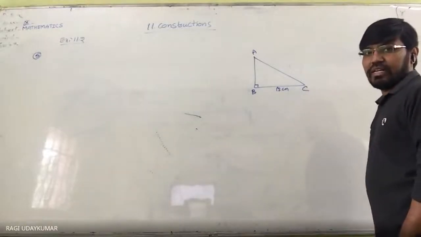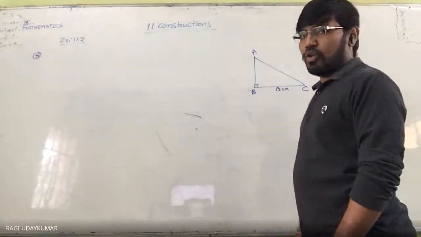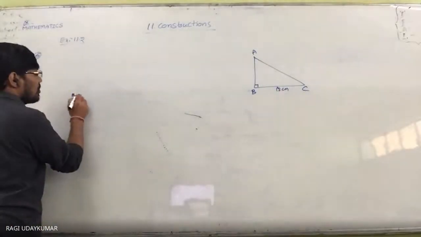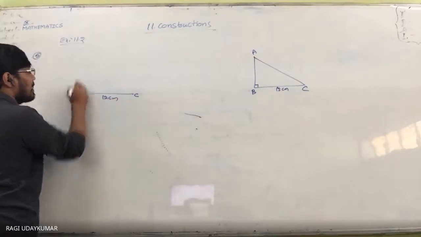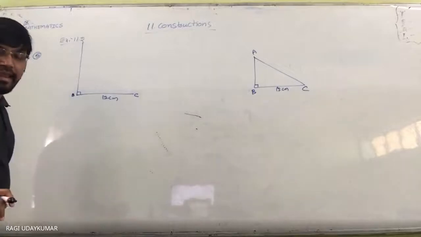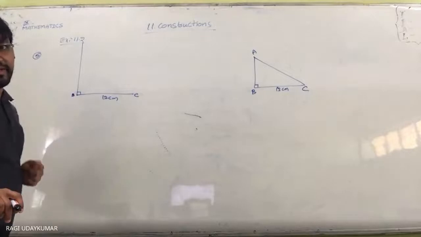Sum of the two sides whenever it is given. Angle is given to you B. What to do? First, just explain करता हूँ. First, you have to draw BC line segment which is given to you 12 centimeters. At the place of angle B, 90 degrees you have to draw. With a protractor you can draw angle B. Now what is given? Sum of the other two sides is given.